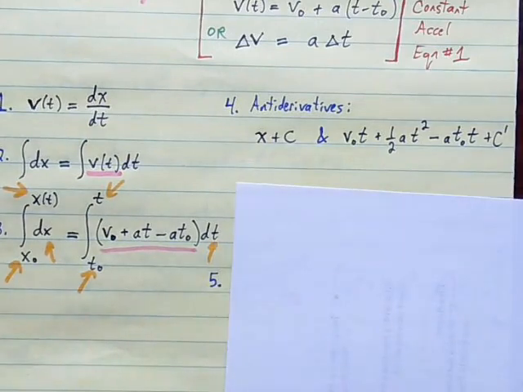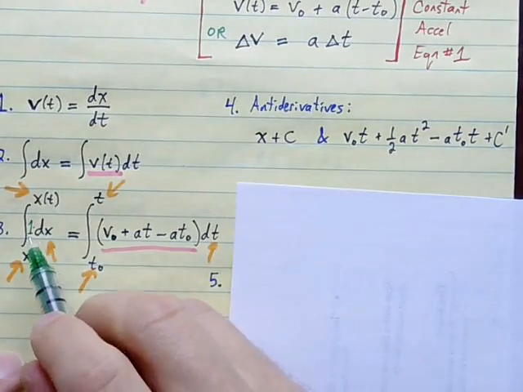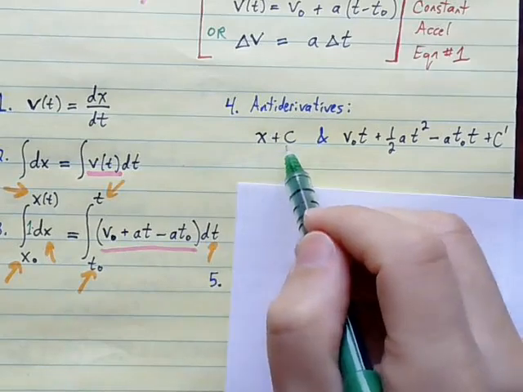On the left-hand side, there's a little 1 sitting in here. That's our invisible integrand, so 1 dx. The antiderivative of 1 with respect to x is x plus c. And on this side,